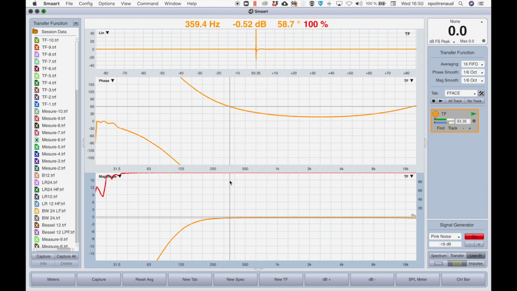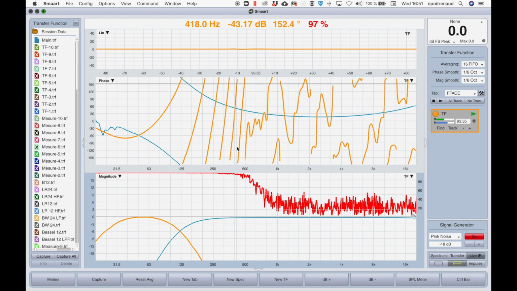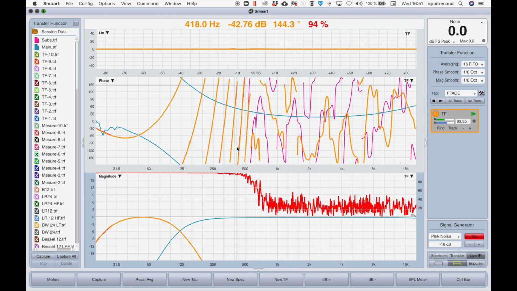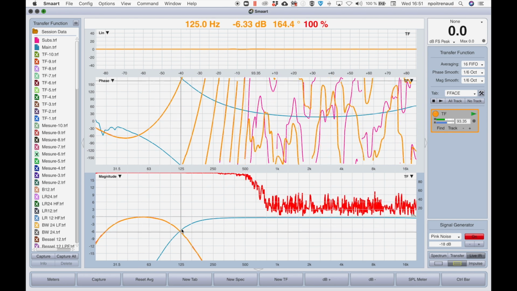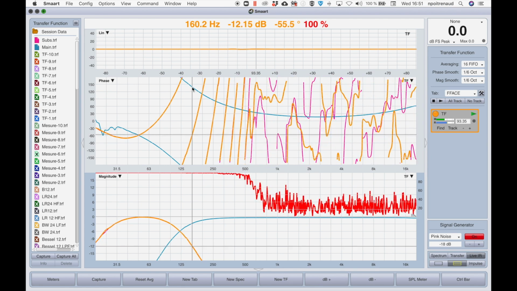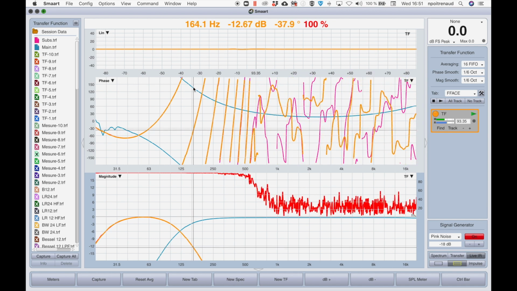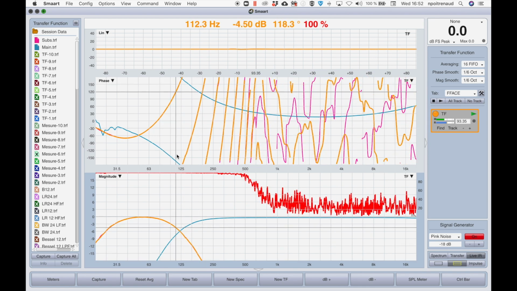So this is the phase response of the main, and this value will be kept as a reference. I will not change that value again. Let's do a screen capture of the main, and let's visualize now the frequency response and the phase response of the subwoofer. So this is the subs now. The subs are coming first, and then the main is coming after. As you can see at the crossover frequency, we don't really have the same phase response, which is why we have a very bad summation. So now the idea is to get the same phase response, I mean the yellow trace,